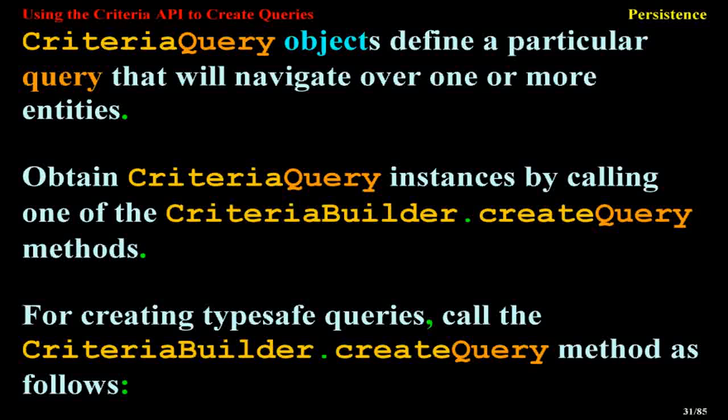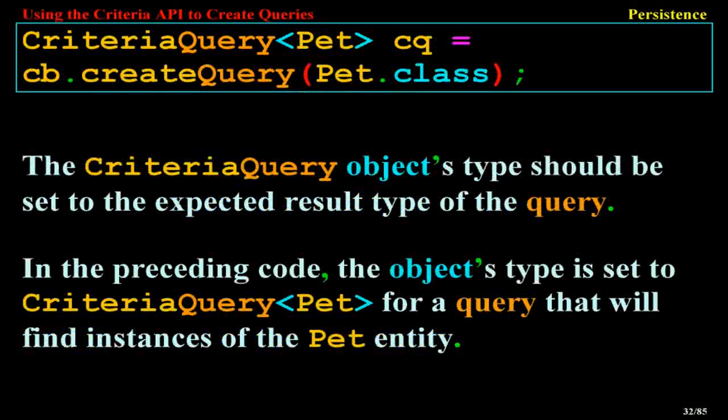Criteria queries are constructed by obtaining an instance of the following interface: javax.persistence.criteria.CriteriaQuery. CriteriaQuery objects define a particular query that will navigate over one or more entities. Obtain CriteriaQuery instances by calling one of the CriteriaBuilder.createQuery methods. For creating type-safe queries, call the CriteriaBuilder.createQuery method as follows: CriteriaQuery<Pet> cq = cb.createQuery(Pet.class);